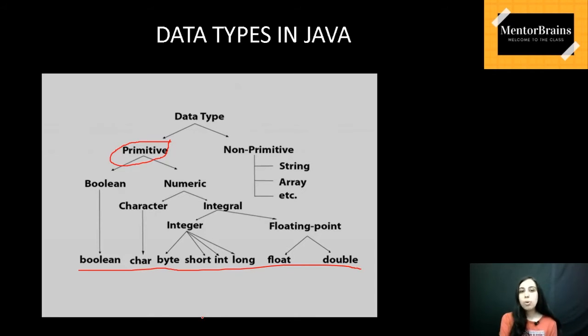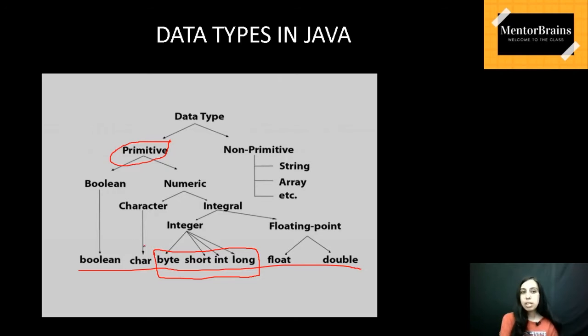So you can see that if we are going for integers, we have these four available, and these are very important in Java. Now you would say, why do we need these four different types just to store integers? Why do we need byte differently, short differently, int and then long? What is the difference between these four? That we are going to study now.